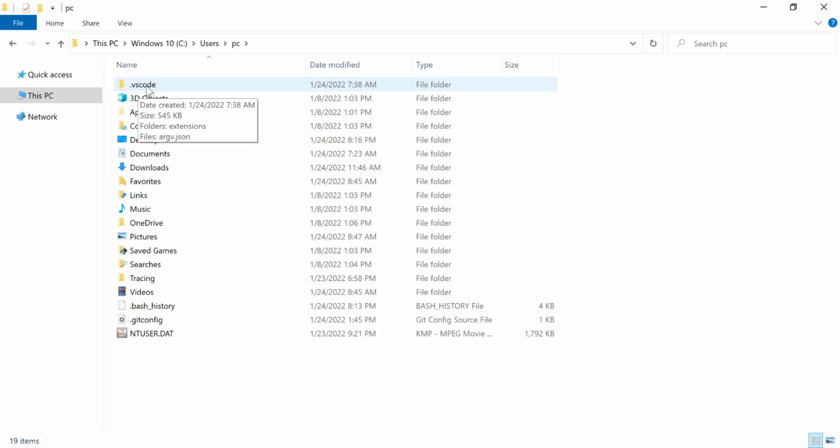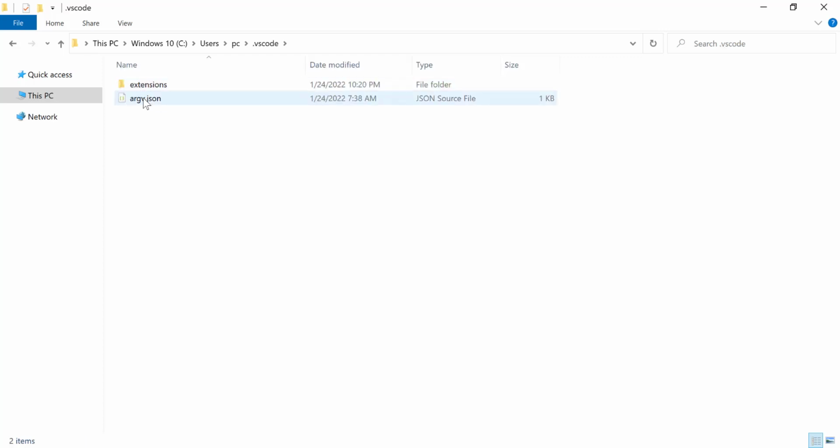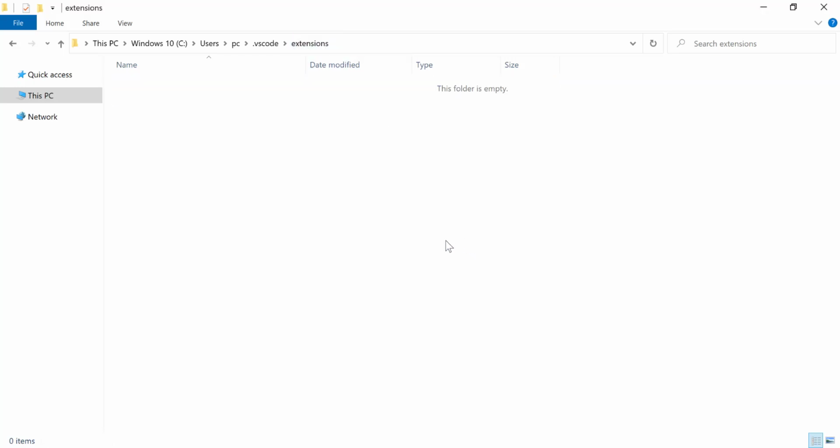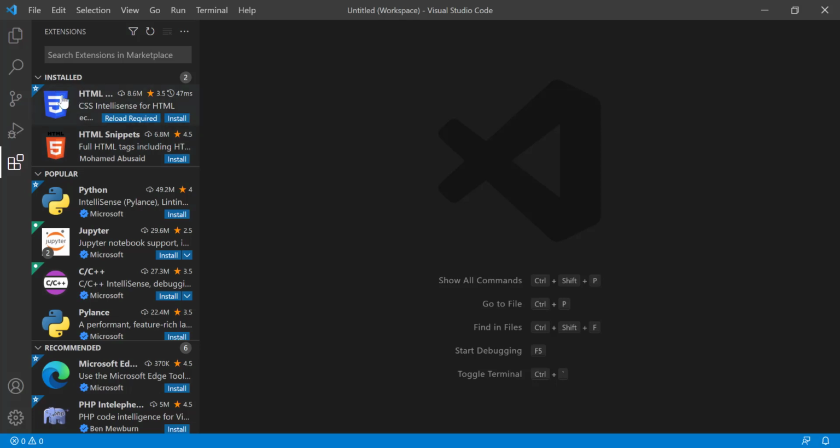Okay, here you will see another folder, that is .vscode. Just click here, go there, and you will see that there is an extensions folder. Go there and just delete all the files in this folder. Just delete this. Now if I go to my VS Code,